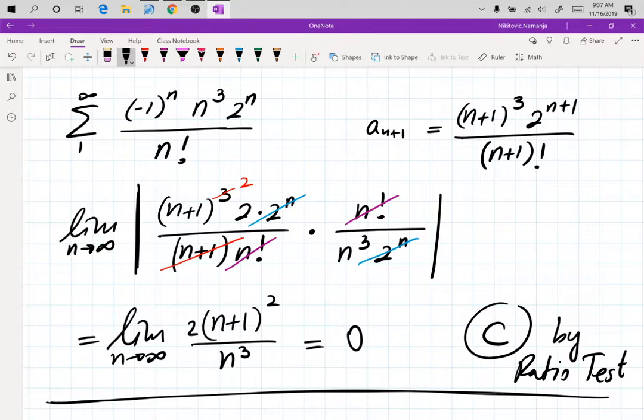Does anyone need the summary sheet of all of the tests? You all have them? You have one? You have it? Okay. All right, so